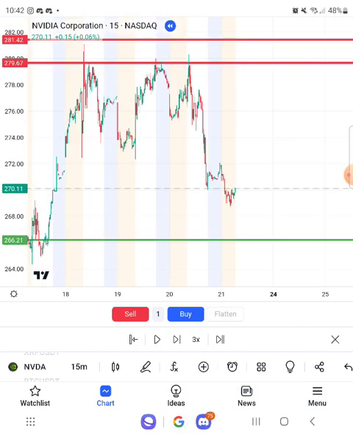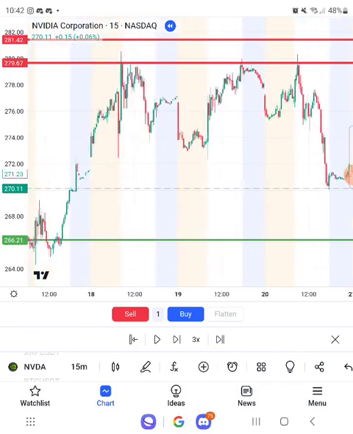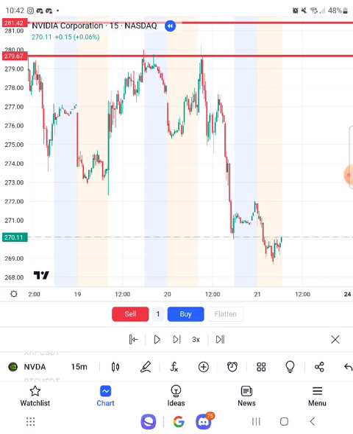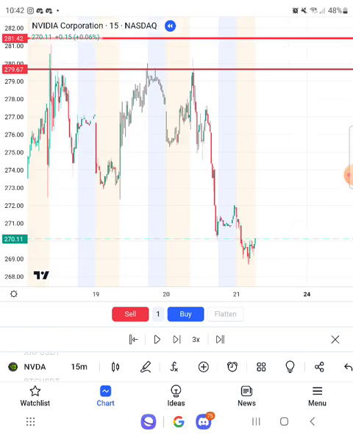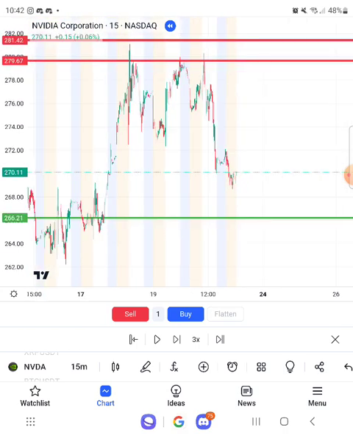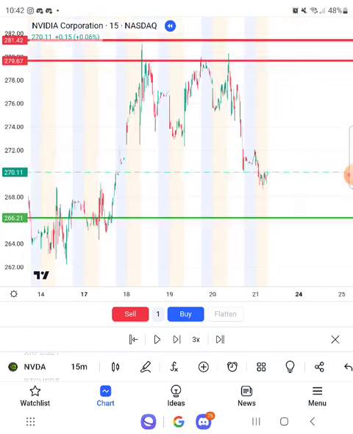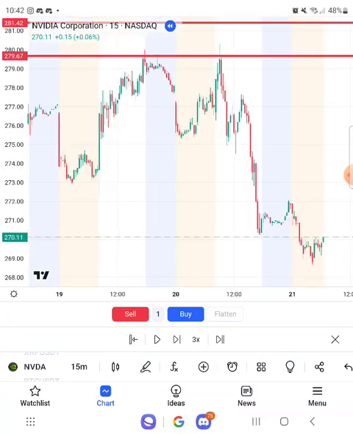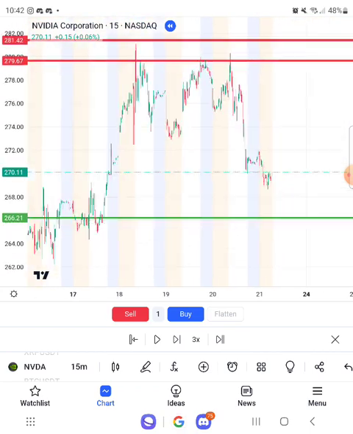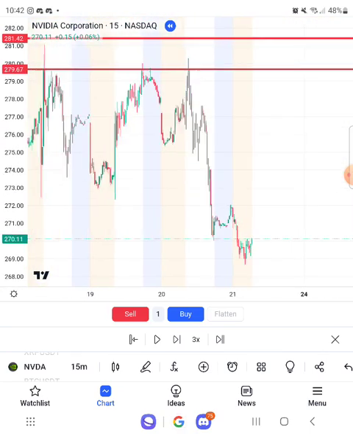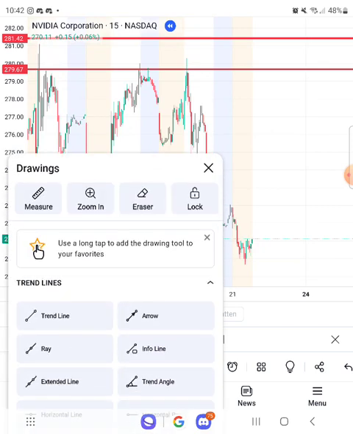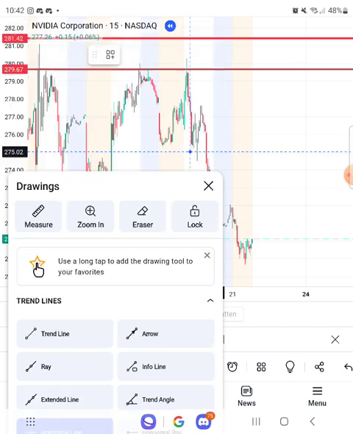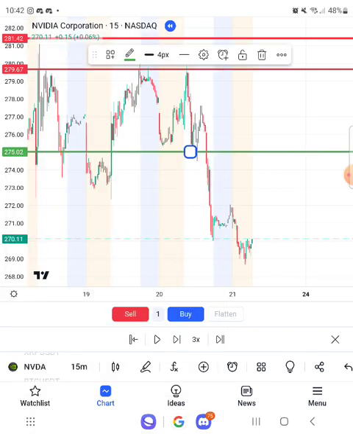Now I'm going to see what the market is telling me in the 15 minutes. As I mentioned earlier, we had a huge sell-off on Thursday, and in the post and pre-market, the stock continued to go down. So what I'm going to do here is just mark where the price is at this particular moment. And we know the price is at 270.11. I'm going to mark a line where the price is right now.